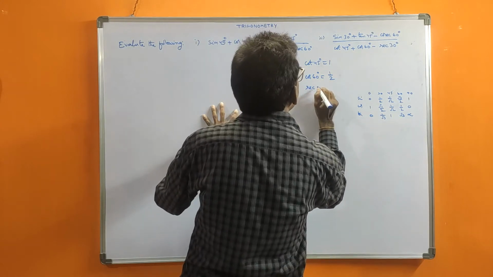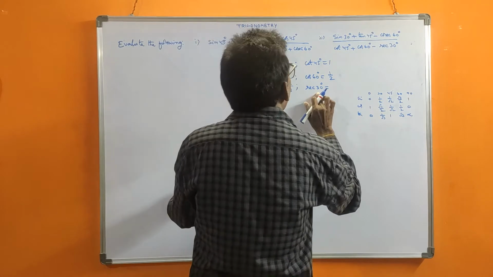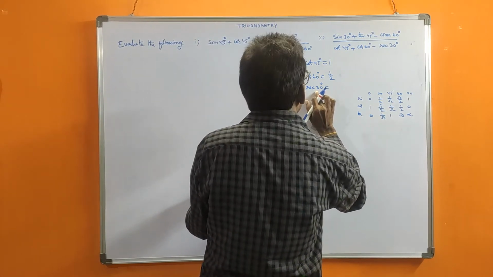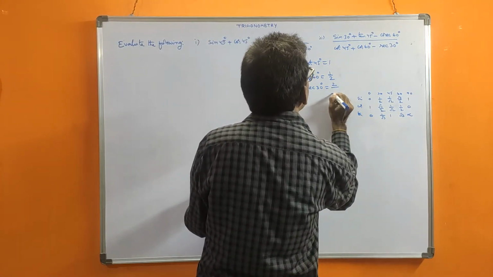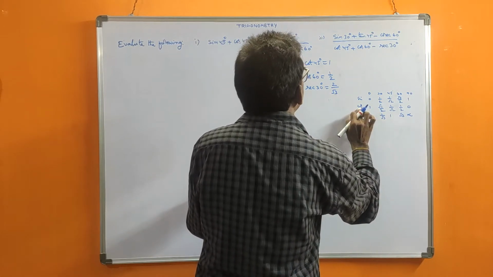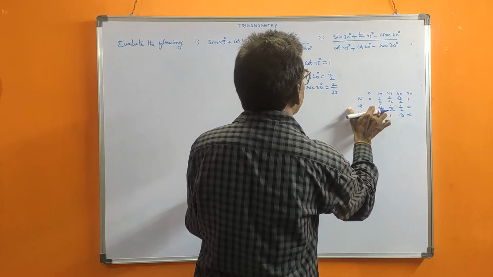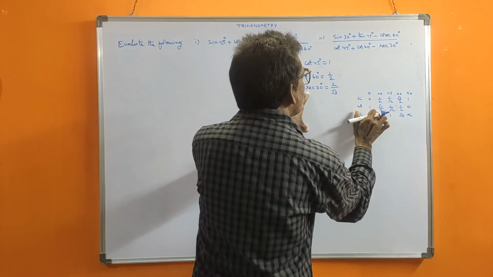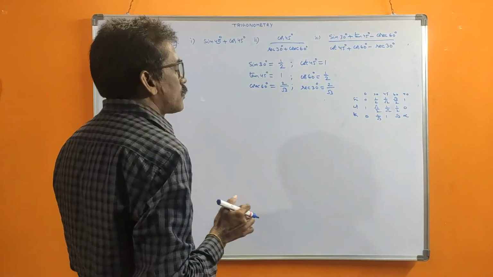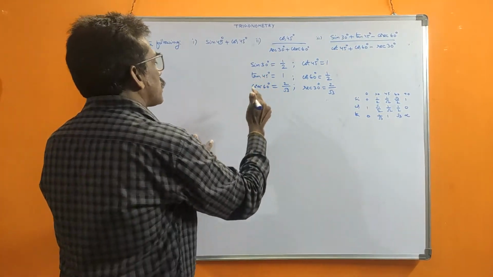Next is secant 30. Secant is the inverse of cos. Cos 30 is root 3 by 2, so here it is 2 by root 3. Secant is the inverse of cos. Cos 30 is root 3 by 2, but here we should invert because it is secant. So root 3 by 2 becomes 2 by root 3. These are the values. Now substitute